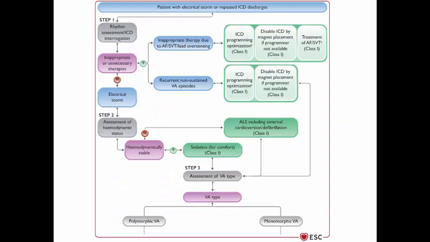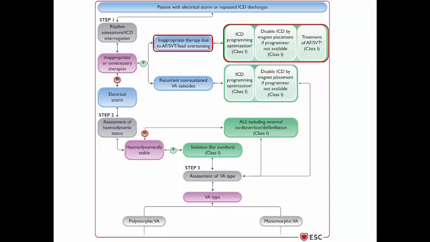This diagram shows how to manage a patient with electrical storm or repeated ICD discharge. First of all, you should assess the rhythm and interrogate the ICD to decide whether this patient is receiving inappropriate or unnecessary therapies or they are appropriately delivered. If they are inappropriate therapy due to AF, SVT, or lead oversensing, so you need to program and optimize the ICD parameters, disable the ICD by magnet placement if programmer not available,